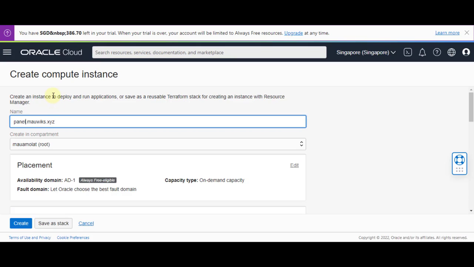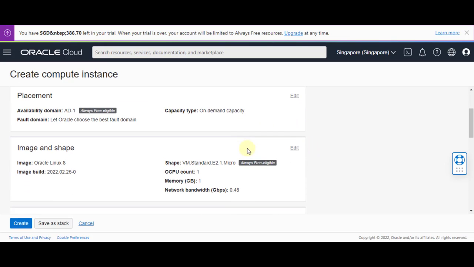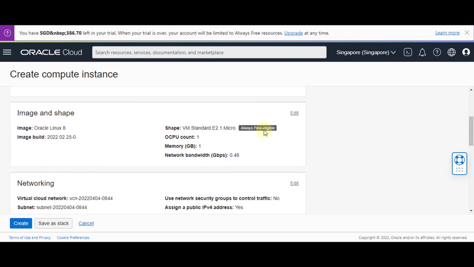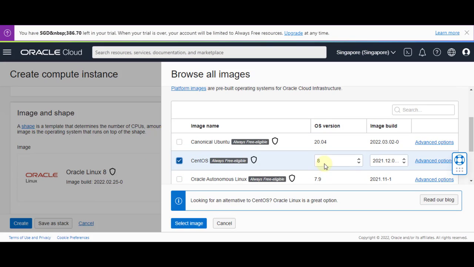You can also use panel, because this host name will be the domain or the subdomain of our web panel, which is where we will be installing cPanel. But for me, I'll just use cloud. And then make sure to select your host name, and just keep this as is for now, and then select CentOS 7 here,